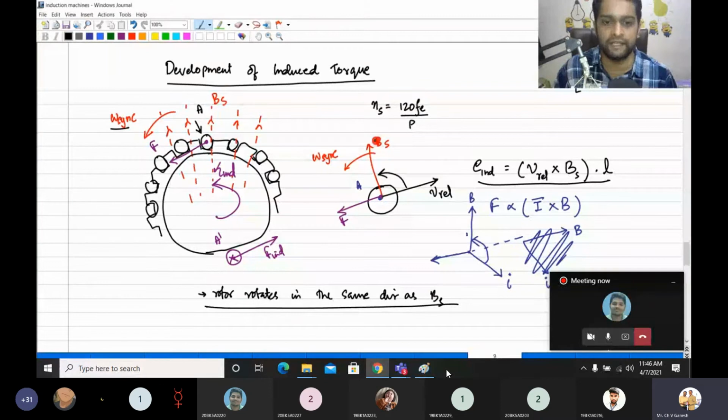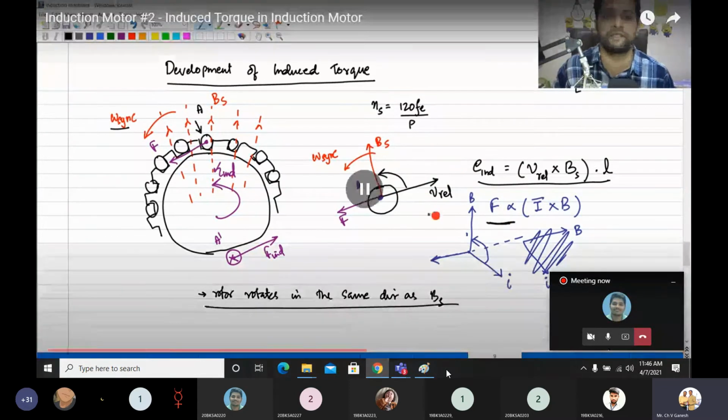So once you have a current flow, you see that in the same magnetic field there is a current carrying conductor. And when you have a current carrying conductor in a steady magnetic field, it will experience a force. That is the motor principle: whenever a current carrying conductor is placed in a magnetic field, it experiences a force. We found that the force is in this direction for one conductor. That direction depends upon the direction of the rotating magnetic field. If the rotating magnetic field is counterclockwise, then the rotor also rotates counterclockwise. If the rotating magnetic field is clockwise, then the rotor also rotates clockwise.